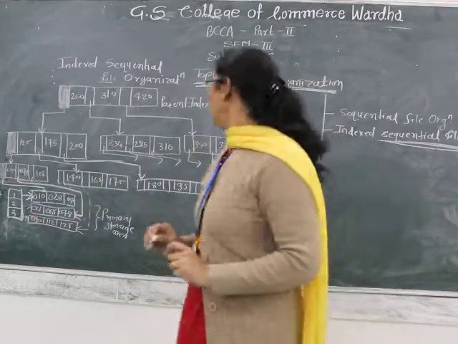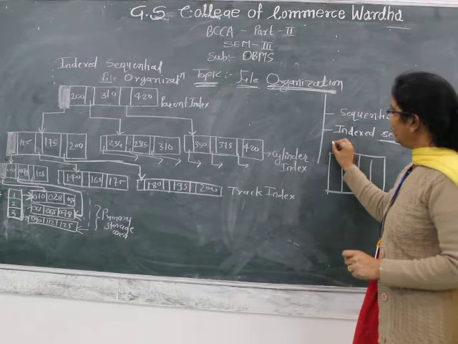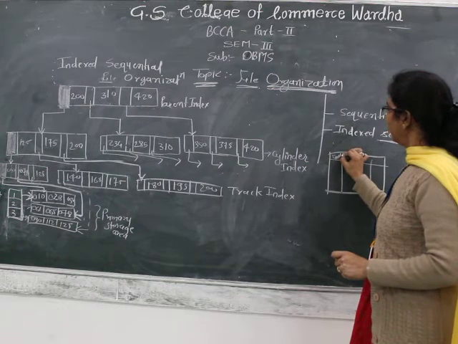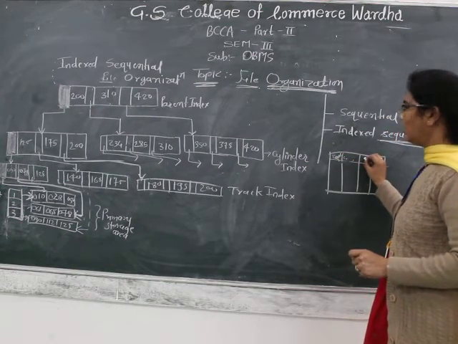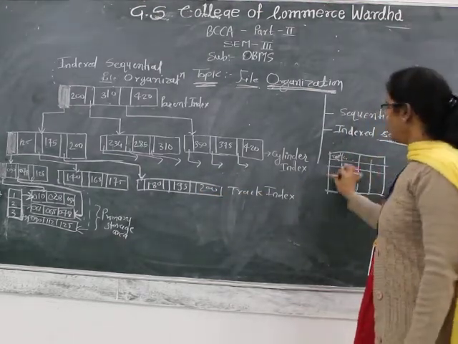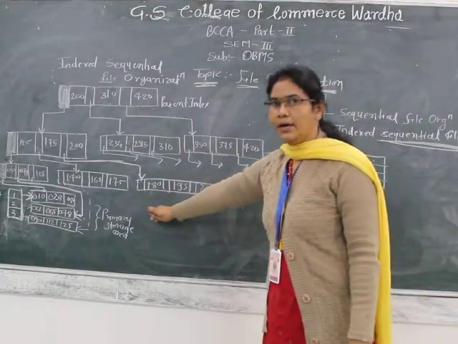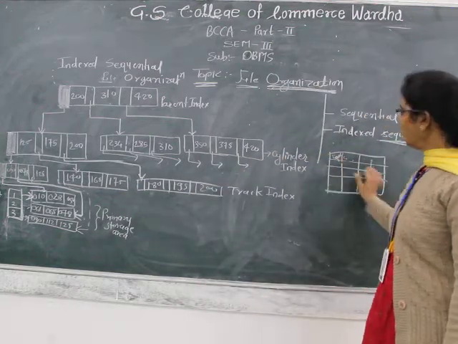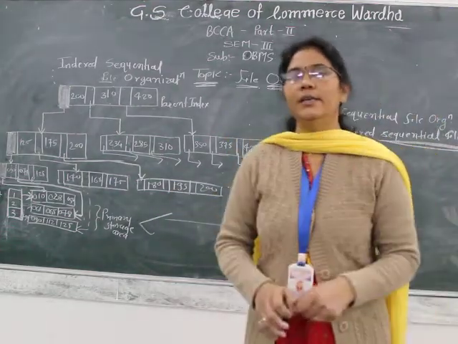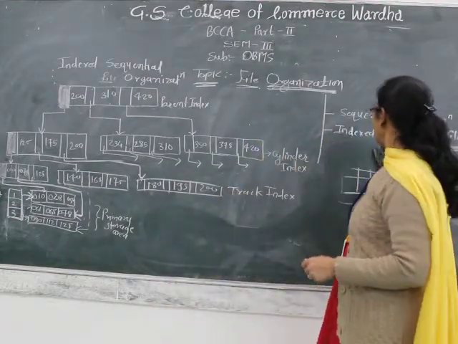I already told you about the metadata, which is nothing but the data about the data. When we save the track index, cylinder index, addresses, or any primary location, and store that data in entity format or rows and columns format, it is nothing but the data about the data. So it is called metadata, and according to that data, we can easily access our data directly from the primary storage location.